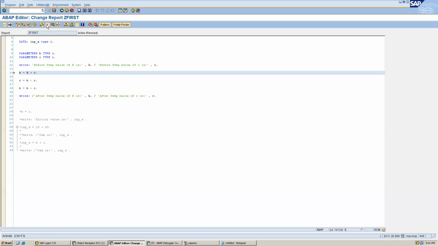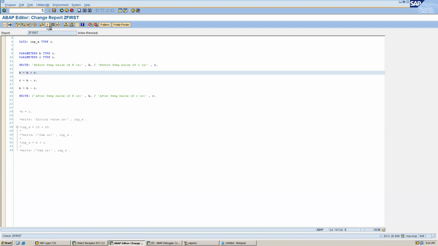So here case will not be considered in ABAP. We can even write a parameter in small letters. If I do pretty printer, it will automatically convert everything based on our criteria. See, it has converted everything to large, and whatever things are variables are in small.